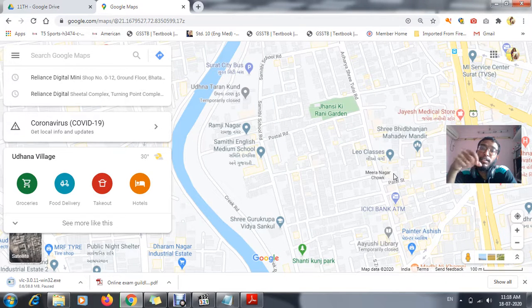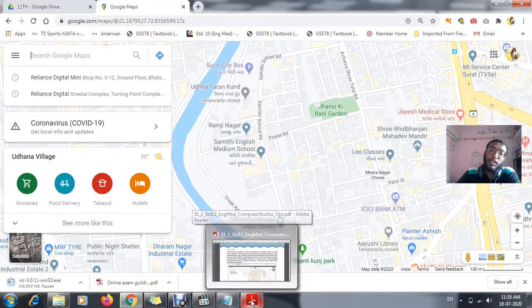Another example I can give you is that for nearby restaurants, it will help in finding them. Nearby automobile shops, banks, ATMs, such things will be available, or it will help to know where such areas are. This is the best use of your Google Map.